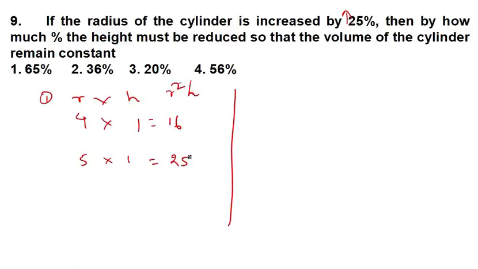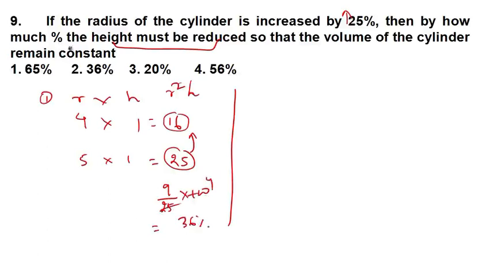Fine. So it is written by how much percent the height has to be reduced. By how much percent will you reduce this number? Before the volume was this, now it becomes 25. So by how much percent will you reduce to get 16? Okay, simple. Look at the difference, it is 9. To get back 16 you have to minus 9. Okay, you have to minus 9, so you get 16. But on what number, on 25, to get back the same number? Into 100. Now tell me what is the fractional value, the percentage value. You cut by 4, so you get 36%. So your 2 is the right answer.